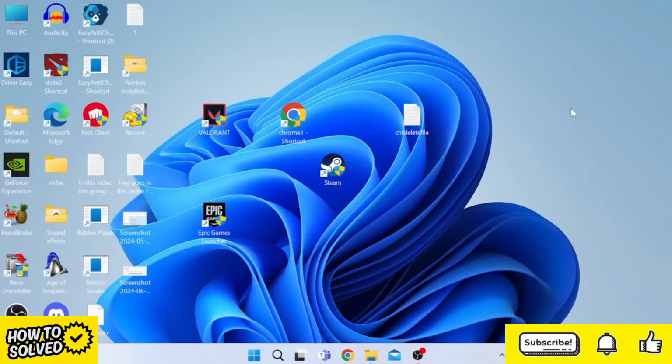Hey guys, if you are getting low FPS or stuttering when you are gaming, then not to worry, as in this video I'm going to show you all of the steps you can take to improve the performance of your Windows PC and to boost the overall frames per second. So without further ado, let's jump straight into it, and we're going to first change some settings inside of the